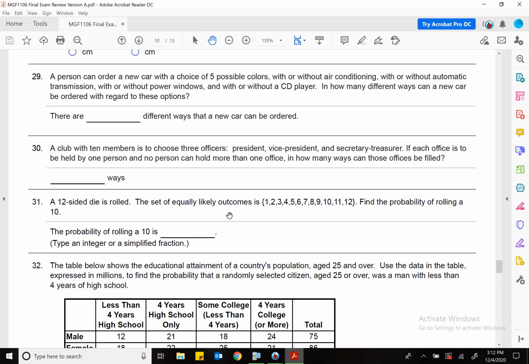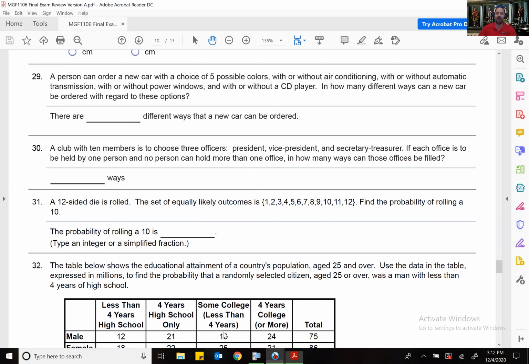Is this a permutation or a combination? Permutation. This is a permutation. Good. And the reason it's a permutation is because you are selecting officers, which means there's a ranking here. The president is the best, the vice president is second best, the secretary treasurer is third. So whenever you're ranking, that's a permutation. So this is one of those nPr problems